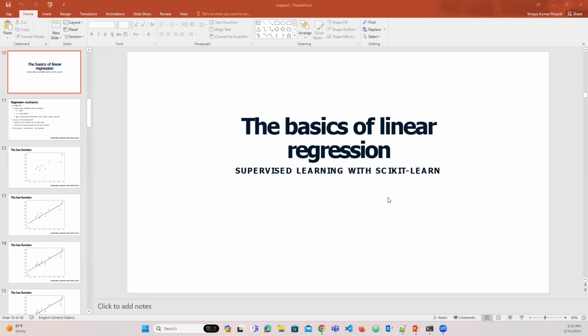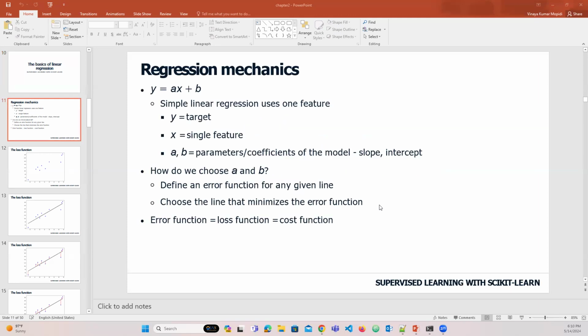So, how does linear regression work? We want to fit a line to the data, and in 2 dimensions, this takes the form of y is equal to ax plus b. Using a single feature is known as simple linear regression,